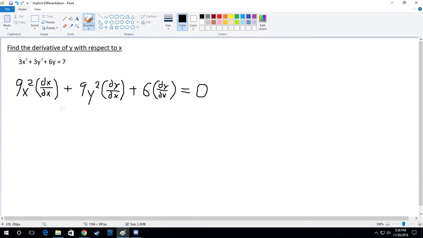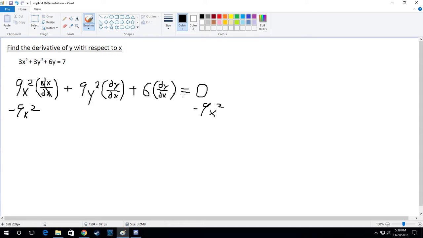So now that you've found the derivative of this equation, it's time to use algebra to simplify it in order to find dy dx, because what we're trying to find is the derivative of y with respect to x. So to do this, we have to move over any term that does not have dy dx in it, which would be 9x squared. So what you may have already realized is that dx over dx is equal to 1, because anything divided by itself is just 1, so 9x squared is just being multiplied by 1. Therefore, you can simply subtract 9x squared from both sides